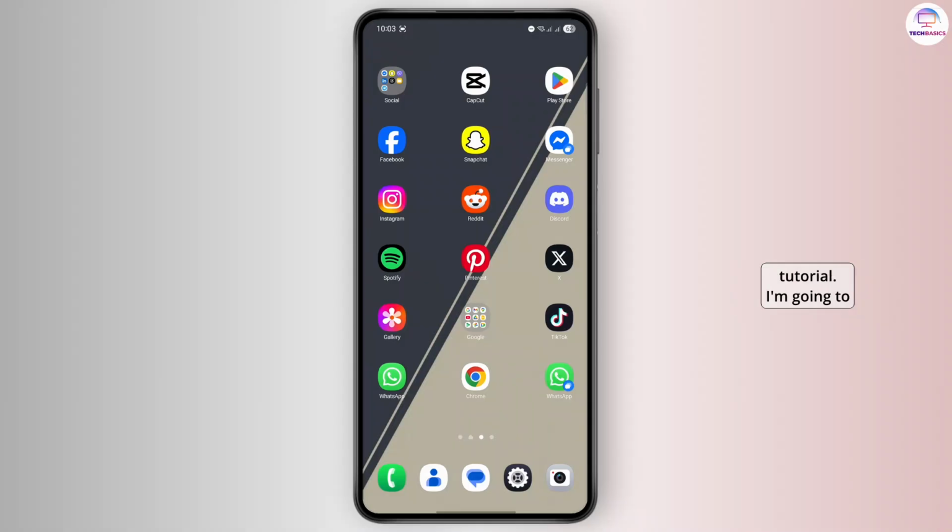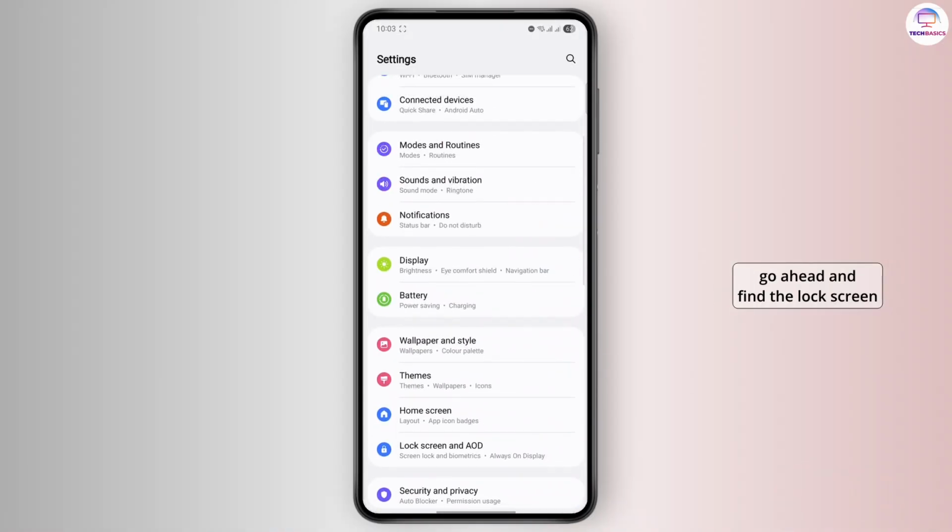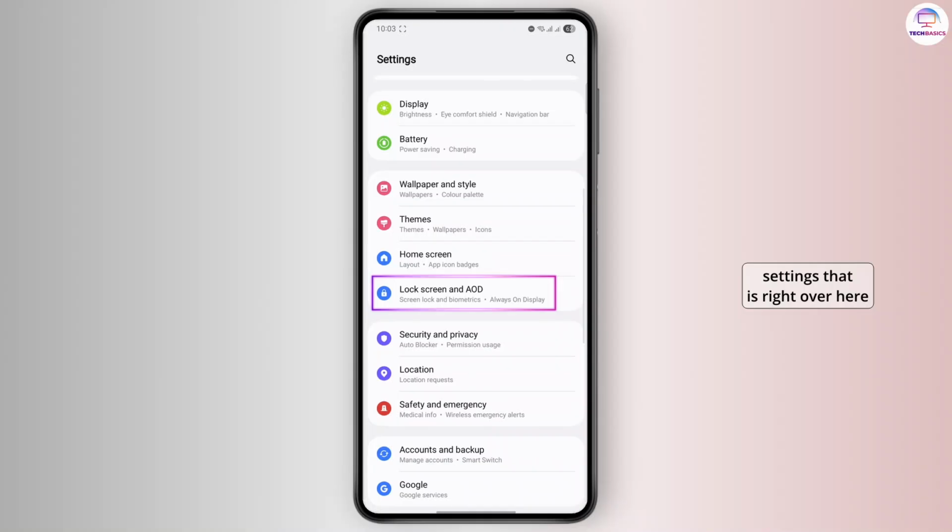In today's tutorial, I'm going to show you how you can easily customize your lock screen shortcuts on Android. So the first thing you need to do is go ahead and open up your settings menu. Now from your settings, you just have to go ahead and find the lock screen settings that is right over